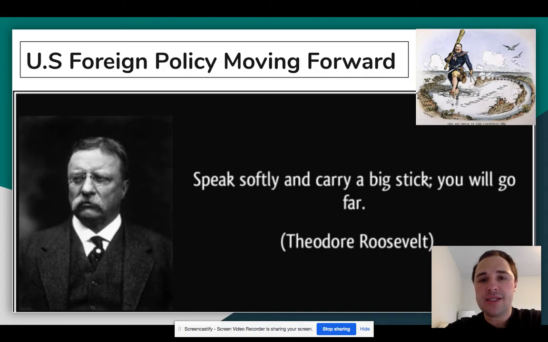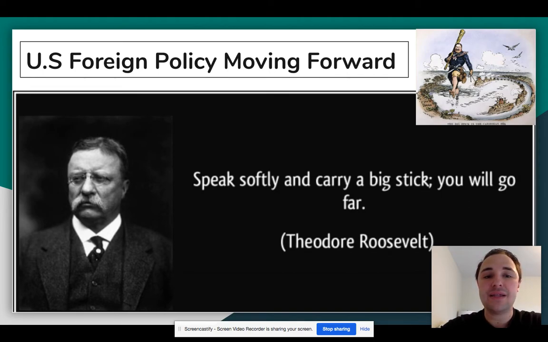So he's telling the people that he wants the world to be scared of the United States, but the United States has the patience and understanding and listening to what those countries may have to say. And he wants those countries to also understand that we have one of the strongest, or if not strongest, military at that time. So speak softly, but know that the people know that we are carrying a big stick